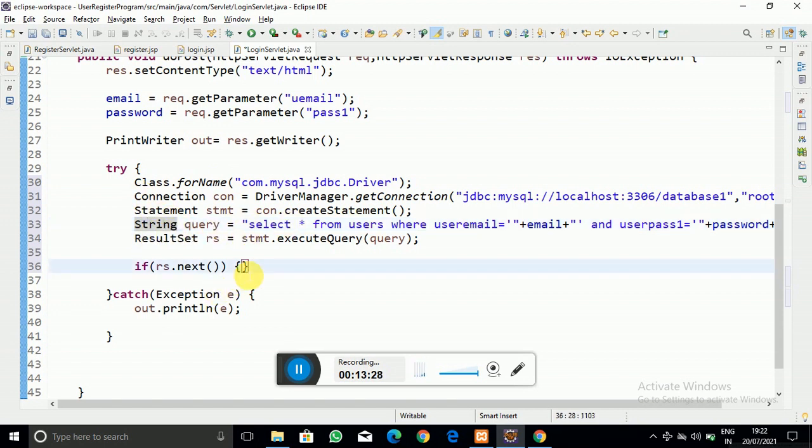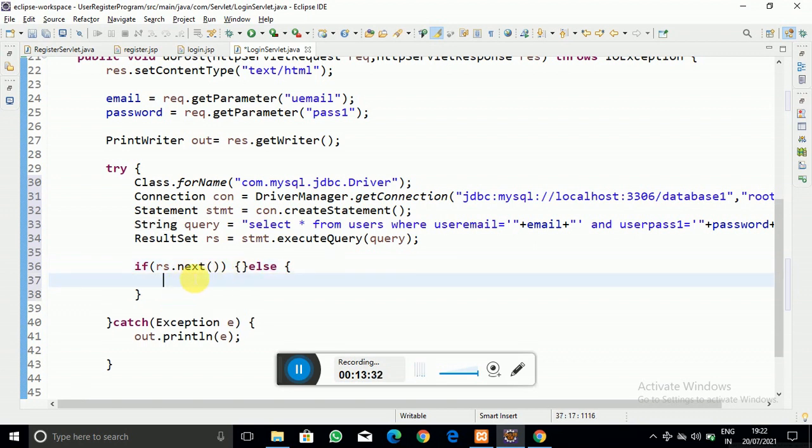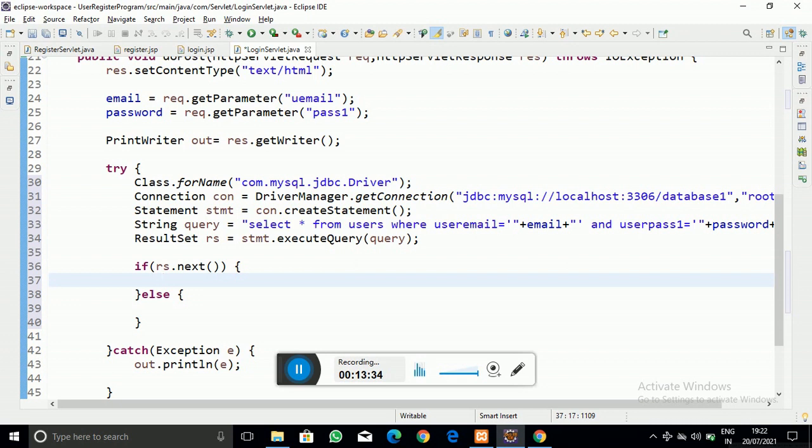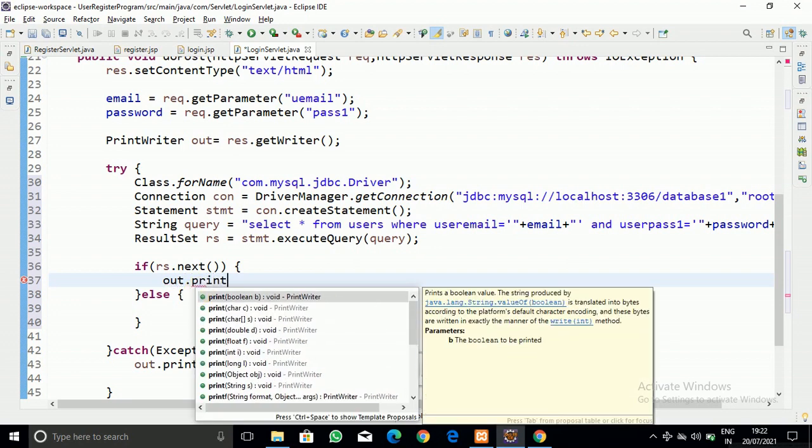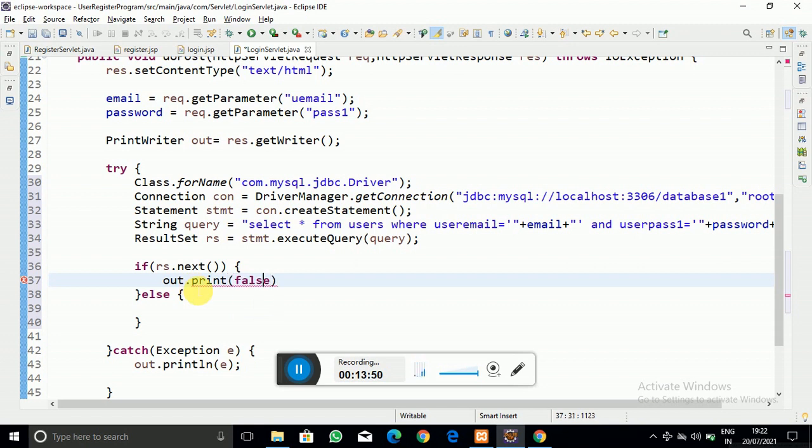And click on else. If rs.next, that is if we got that result from the query string we created, then first of all, let me write it onto the browser: login successfully.